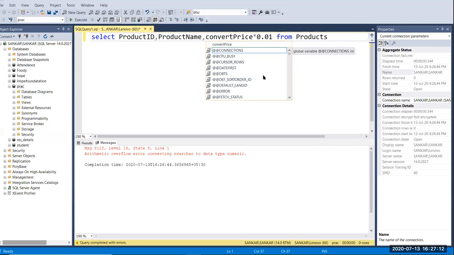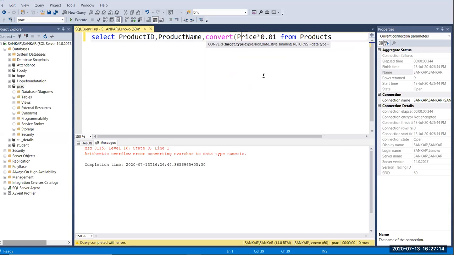That's why it gives an error. We can't do arithmetic operations with strings or NVARCHAR, we can do only string concatenations.